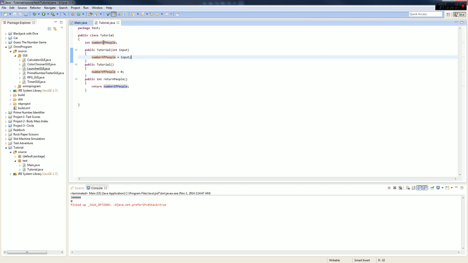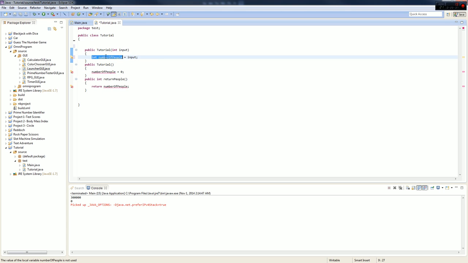The only thing you want to keep in mind is, if you're going to do this where you're setting things equal to things in the constructors, you need to make sure that you initialize your variables before you do that. Because if you try to do this, it's going to dislike you a lot. Because essentially now, while this would technically work, and it works for that one,